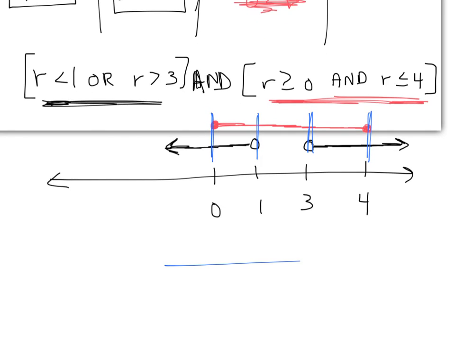So my final answer would look like this. Closed circle at 0, open circle at 1, open circle at 3, closed circle at 4. Okay, that would be my final solution down here on the number line. You can practice writing that in solution set form on your own if you'd like, but that's what it would look like, because that's where the overlap is, where there are 2 of those lines on top of each other. Okay, practice tonight, make sure